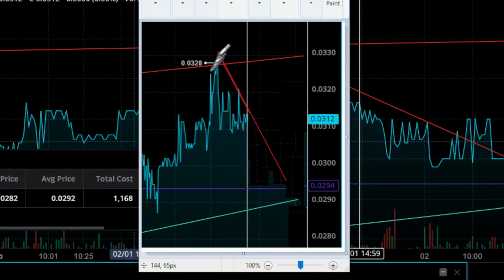Now, based on the convergence of this very short term, I guess it's in the same trading day, and this long-term support line, I should probably have picked a price down here, so under 3 cents, somewhere in the 294, 295, maybe 296 range,